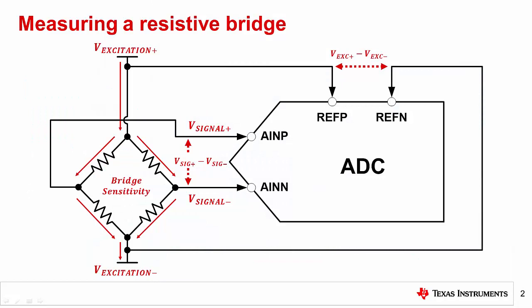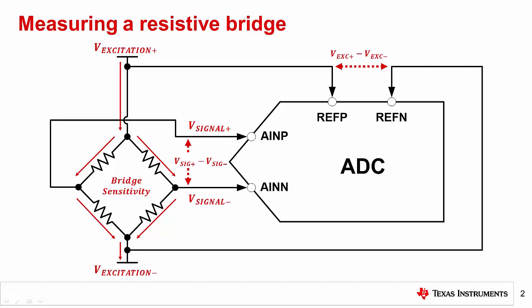For this module, we will use a 4-wire resistive bridge often found in load cells and weigh scales as the application example. This sensor works by applying some voltage to the excitation line such that current passes through the bridge circuit as shown. An applied force or weight changes the bridge resistance. The excitation current and varying bridge resistance establish a differential output voltage on the signal lines that is proportional to the applied force. Typically, this is a very low-level, slow-moving voltage, which is an ideal use case for low-speed delta sigma ADCs with an integrated amplifier.